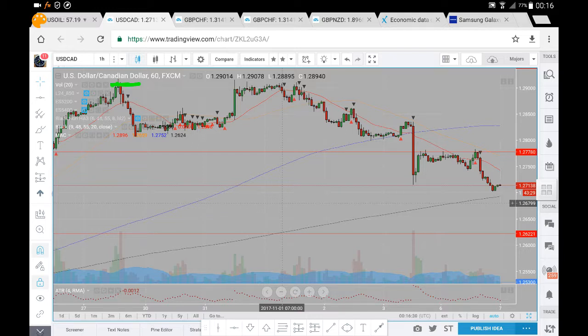We did see we stalled there at 129, and we did see some sell side momentum come into the market. Found a bit of support here. I think it's a bear flag around a 200 period average. We've come up and we've had a news catalyst. I think it was NFP actually. We did see some sell side momentum come. We broke below this 127.78, which was a very strong level of resistance in the past. We were looking for it to hold the support, but due to the fundamental news catalyst, we did break